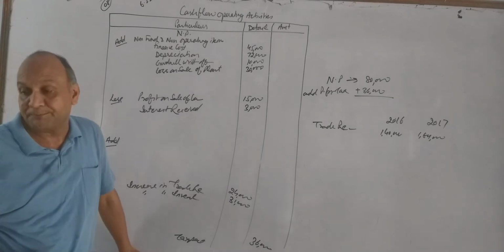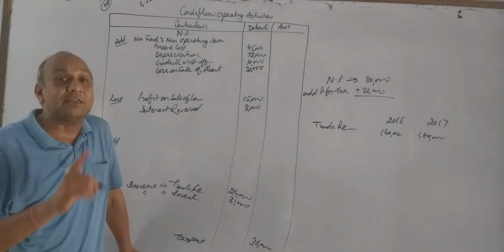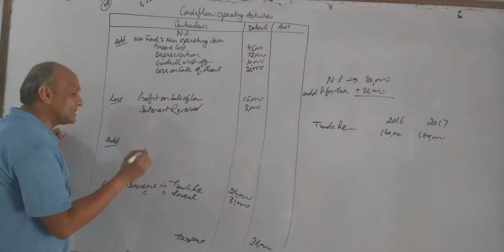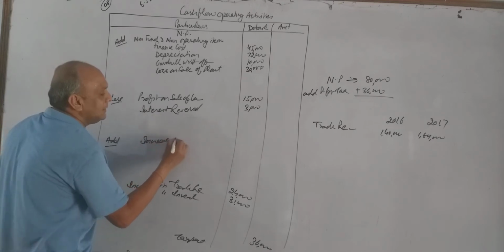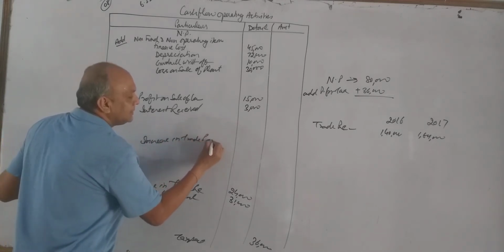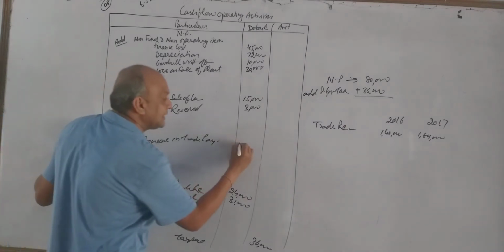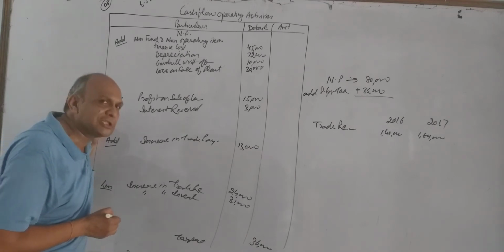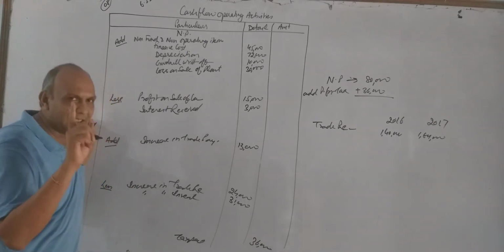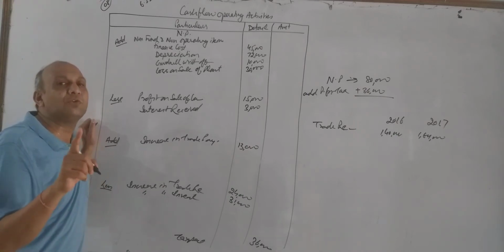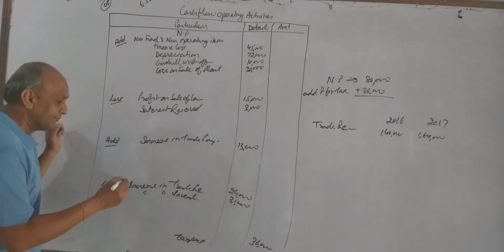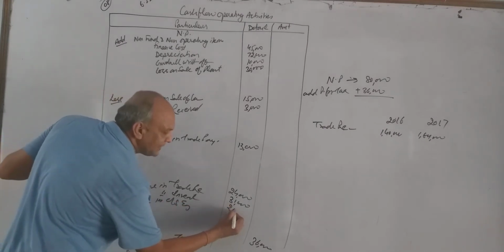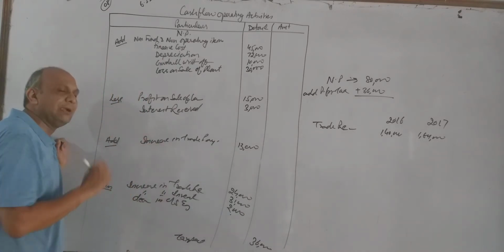Then we have given trade payable, current liability, 60 and 73. Current liability increases, positive relation, to be added. Increase in trade payable, the difference is 13. And the last item is outstanding office expense, again our current liability, 6,000 and 4,000. 2,000 reduces. It means what? Decrease in outstanding expenses, 2,000 rupees. If current liability decreases, deduct. If current liability increases, add.